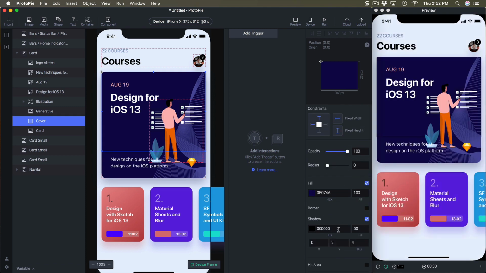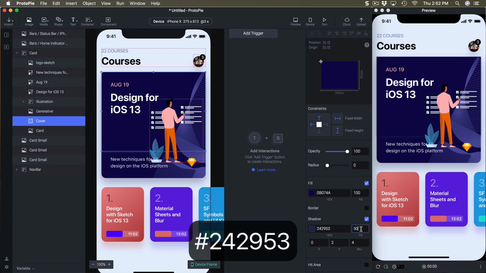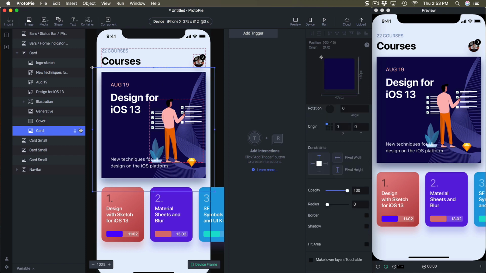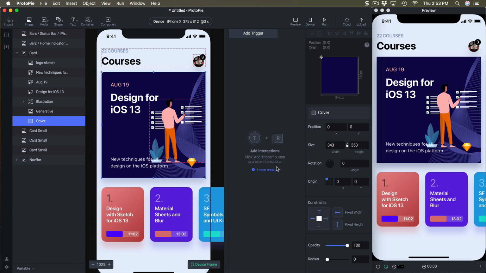So the shadow is going to be a dark blue with this code, and then I'm going to set to 30% opacity, 15Y, and 20 blur. So I'm gonna resize back to the full size of the frame, and now I can delete this merge bitmap. And the rest is just to set the corner radius to 16 right here. So I just recreated this background for the card, and if I start resizing this, still has the same problem,